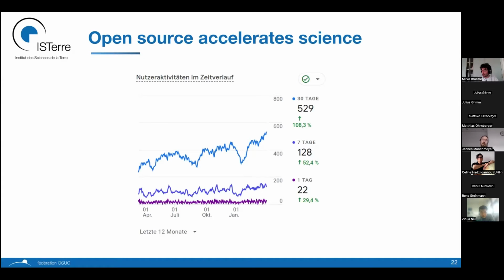So open sourcing models, open sourcing code enables people to use better things, to use better tools. And if we have better tools, we'll find, for example, more earthquakes. We'll, with less time investment, get to the same results. And that's essential for faster science, that we can produce detailed results with the time available to us.